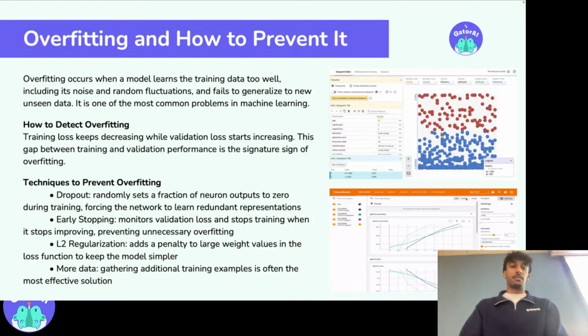And next you have early stopping. Early stopping monitors your validation loss during training, and when the validation loss stops improving for a set number of epochs, which you can put in the code,